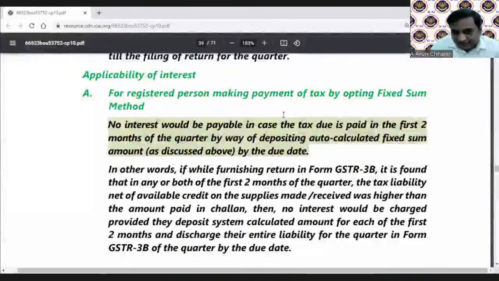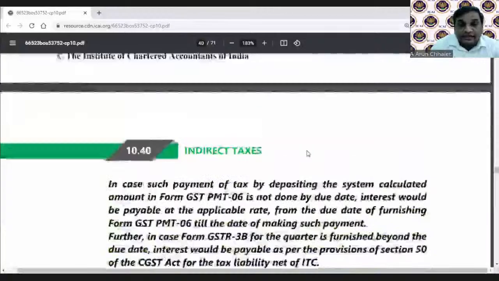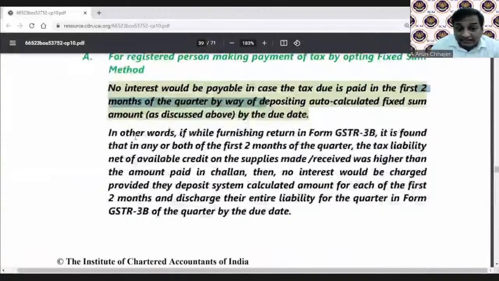Interest for a registered person making the payment of the taxes by opting for the fixed sum method. No interest would be payable in case the tax due is paid in the first 2 months by the automatically calculated fixed sum method within the due date, that is 25th. In other words, while furnishing the return in 3B, it is found that any or both of the first 2 months